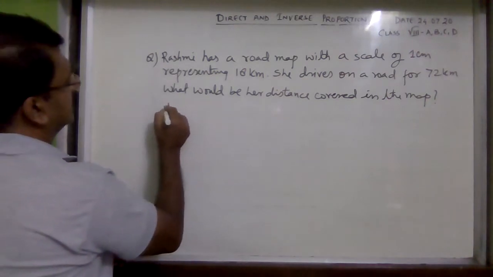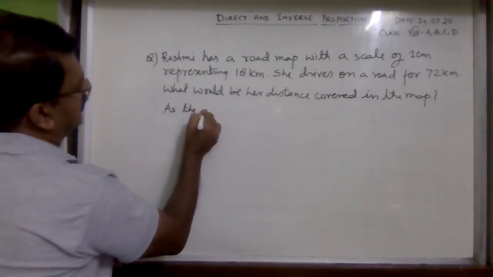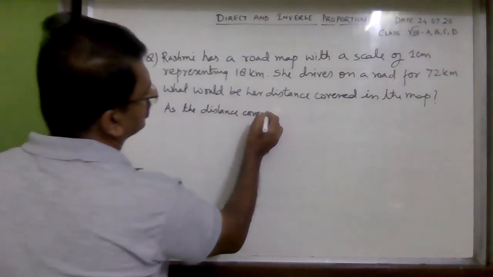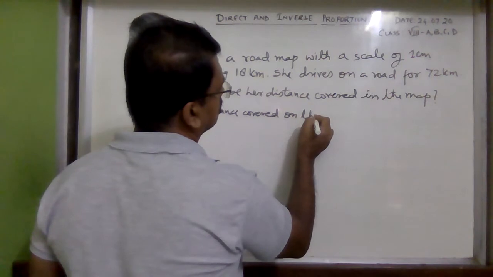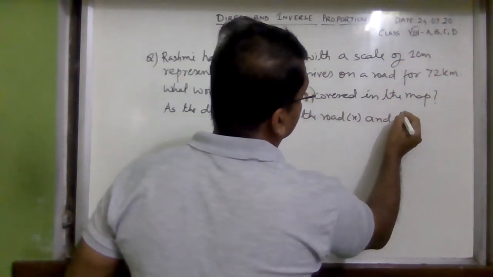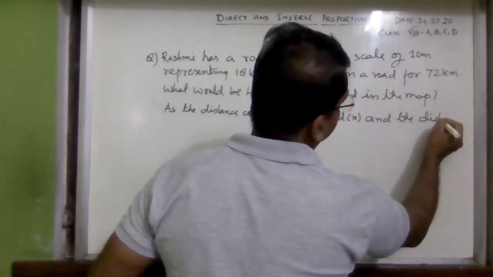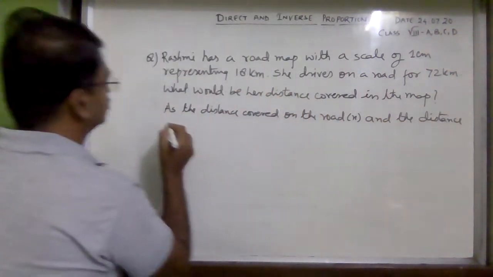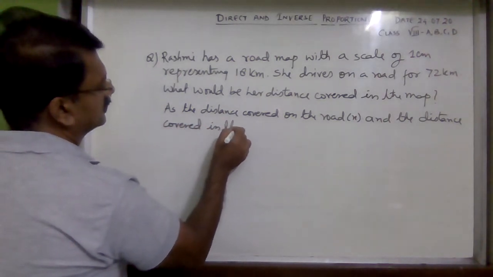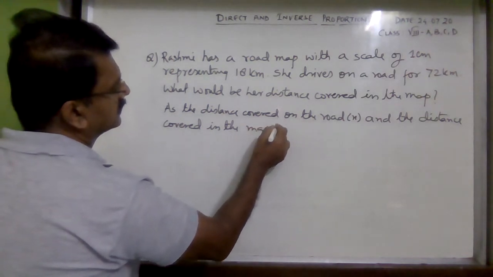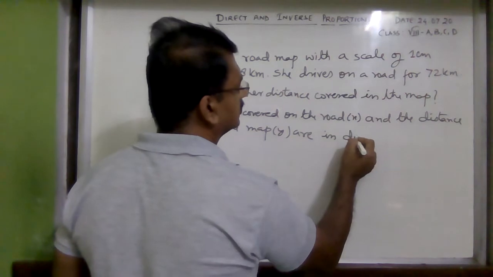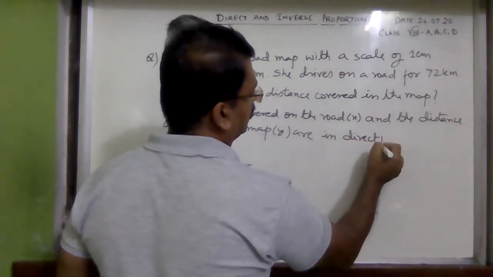So as the distance covered on the road and the distance covered in the map are in direct proportion,